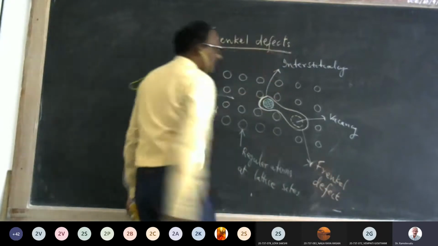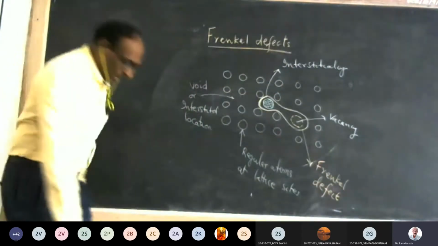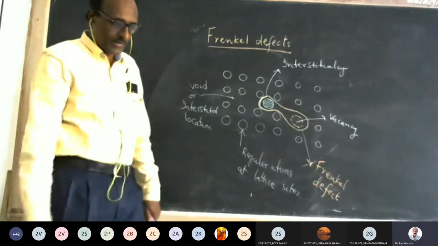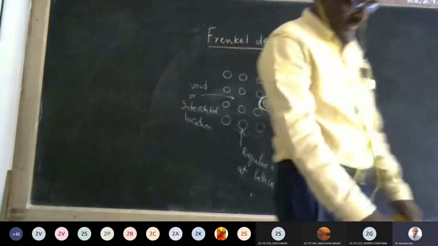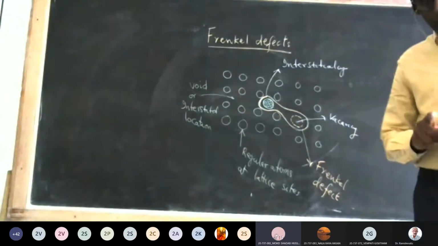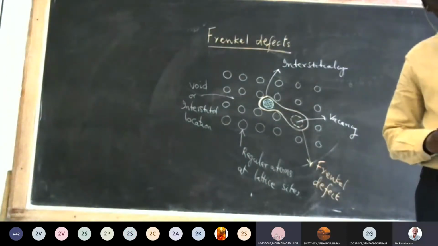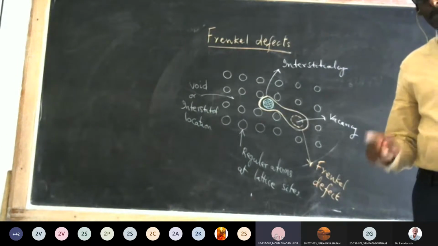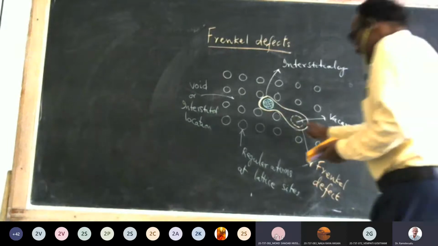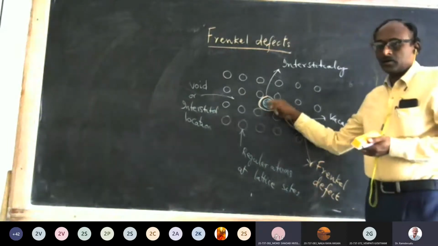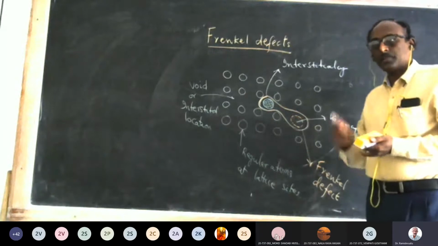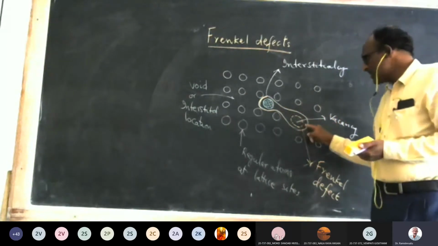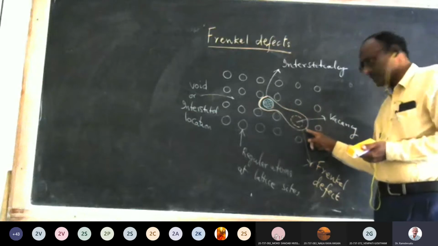So draw the figure. And what is the difference between Schottky defect and Frankel defect now? Can anybody tell the difference? Sir, in Schottky defect, the atoms are missing, sir. Cation or anion, they'll miss completely. They'll not be found. But in Frankel defect, they'll be displaced. They'll be somewhere between the voids. Yeah. And also in Schottky defect, it is a pair of cation and anion missing. Here it is a pair of interstitial and vacancy.